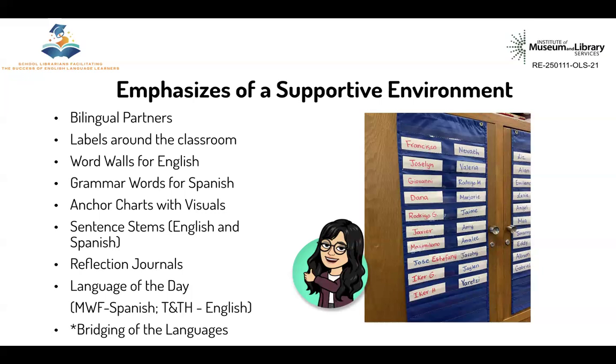One thing that I really loved this past year was, before with the Gomez and Gomez dual language program, content areas that were taught in Spanish, the reflection journals were written in Spanish and vice versa for English. This year, however, that flipped and that allowed students to give reflection opportunities in either language. So, for example, if math was taught in English, the students were able to reflect in Spanish,